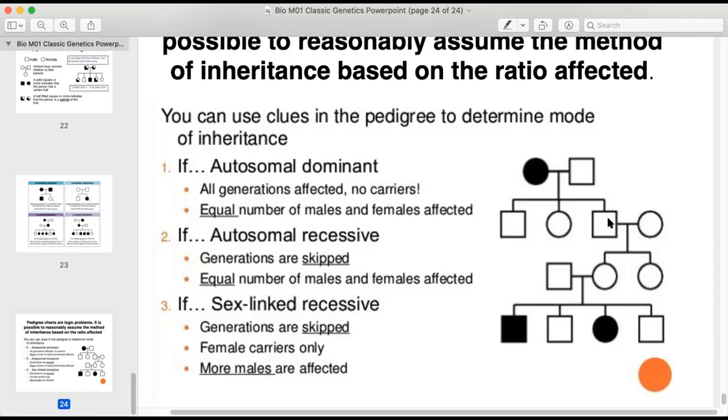Now we see here that when a child is connected directly to a new shape, it means that the child married someone from outside the family. And we see here that they had children, and the grandchildren, they had two children. Neither granddaughter has the disordered phenotype. But we see here that when the granddaughter married someone or had